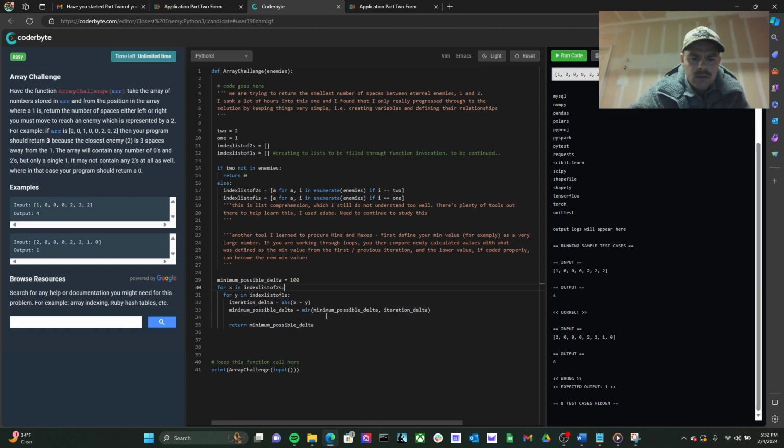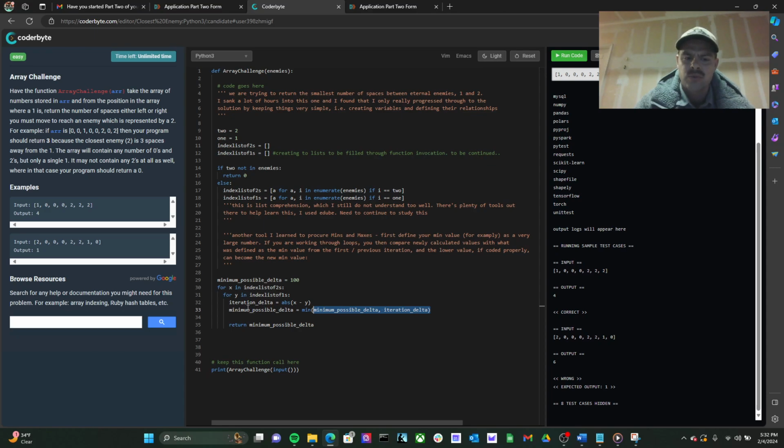So what this is saying is basically your minimum delta will become... again, this pertains to the code that I researched. I don't fully understand this part right here. This is what I found on Stack Overflow and then what was written. But I'm still kind of working through understanding how